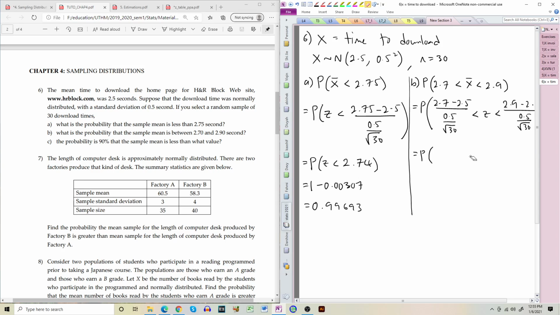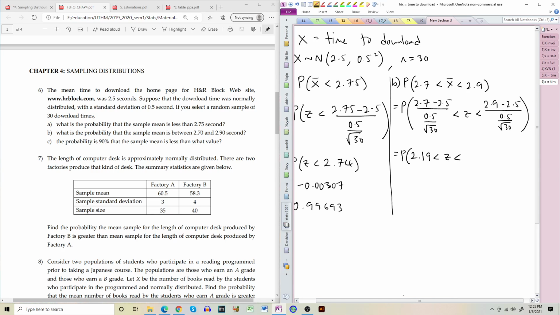This would be 2 point and 0.4 divided by this,